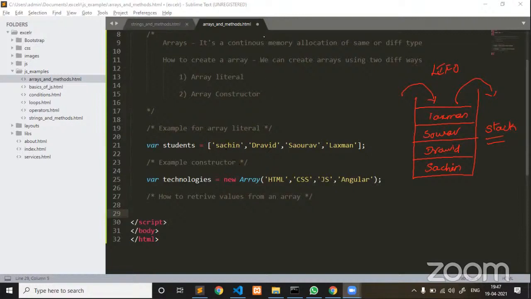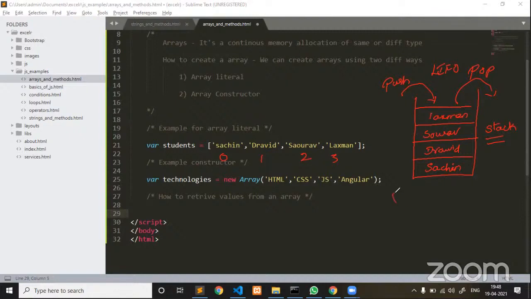Now you see here, Sachin is mapped with index 0, Dravid is mapped to 1, 2, 3, and so on. Now see, this is push. If you are pushing a new value or multiple values into an array, push is always going to insert new values at the end of the array. Whereas pop is going to remove the last element. Always it performs at the last position of an array.